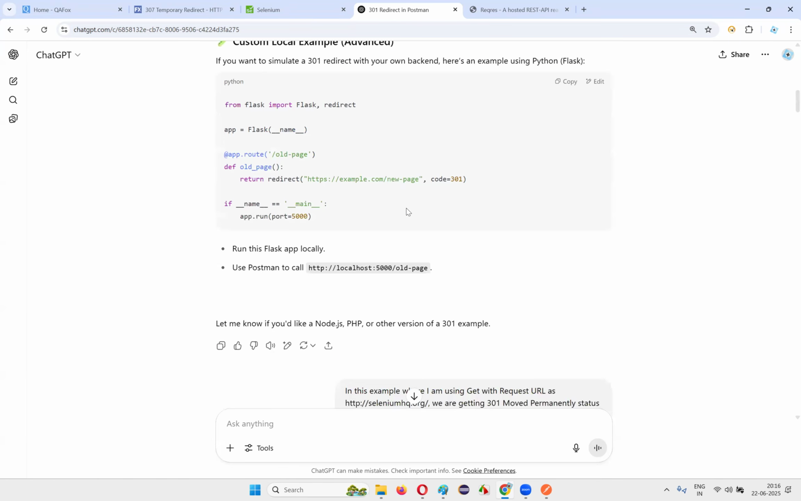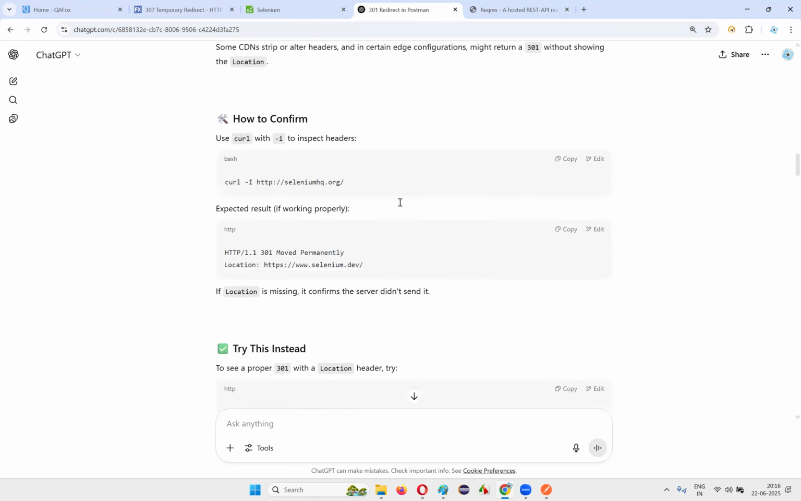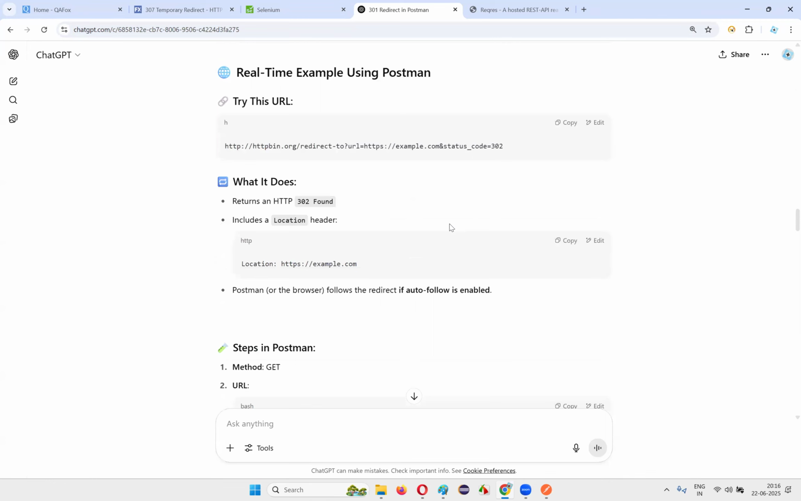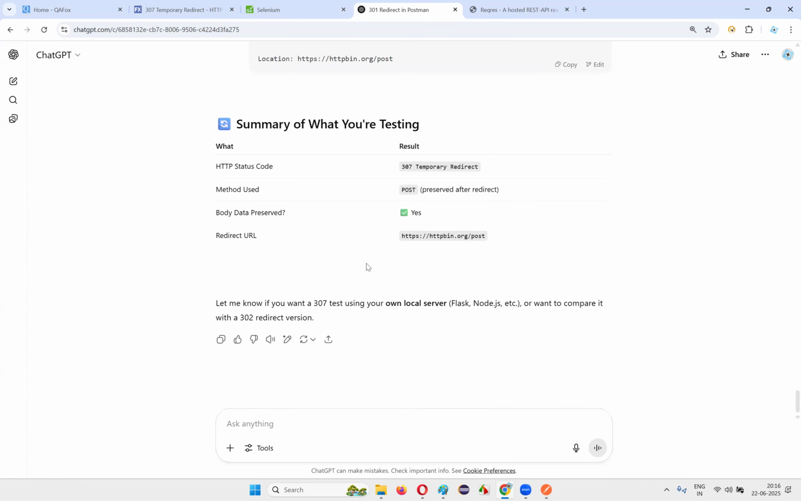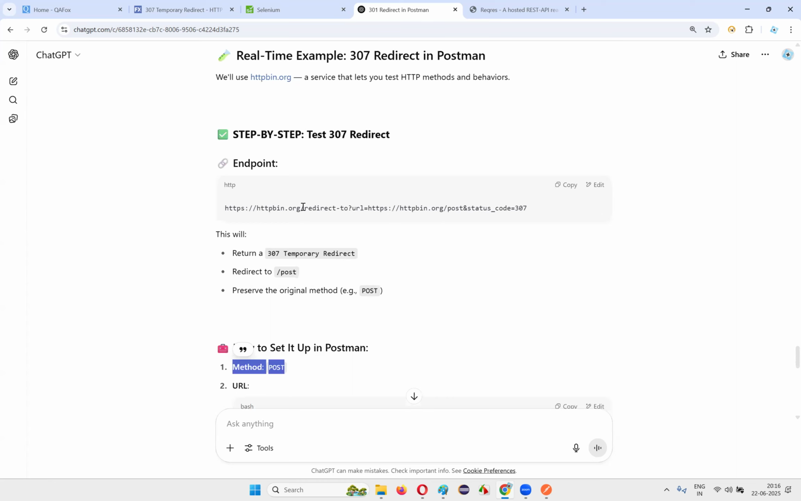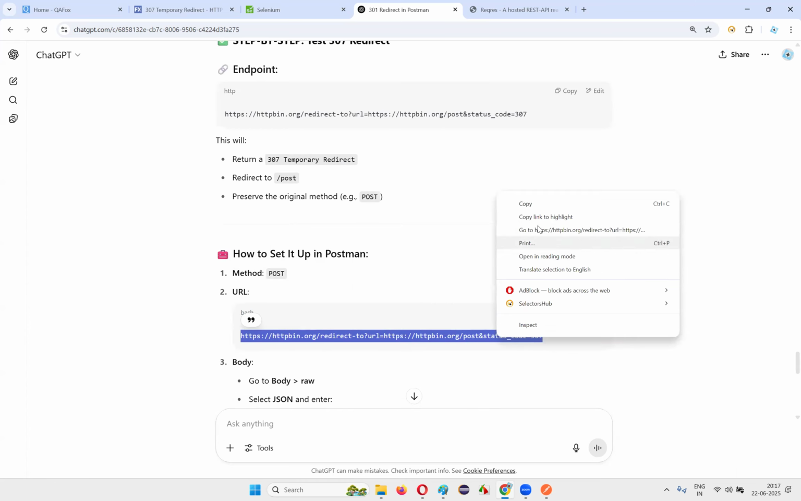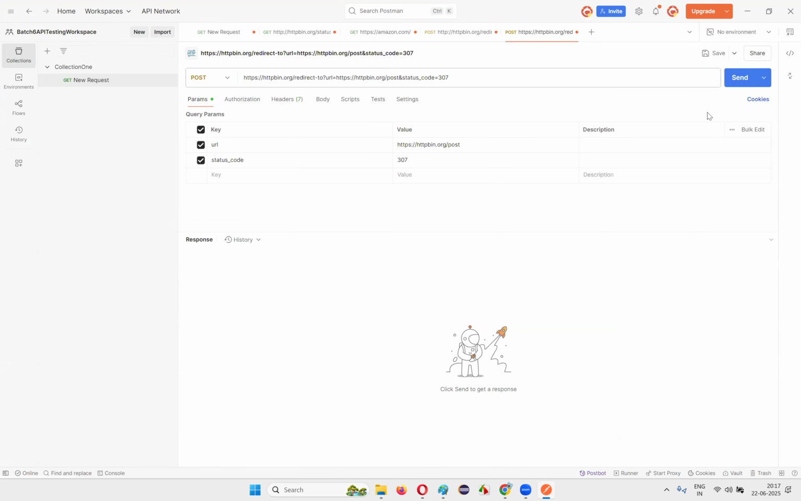Just go back and see. 301, this is 302, I want. This is 302. Do they mention anything here? Method GET only, we tried the previous one. Now with this one, they're asking you to use the method POST and the URL as this one. Copy this, go here to the API, change it to POST, paste this URL and click on